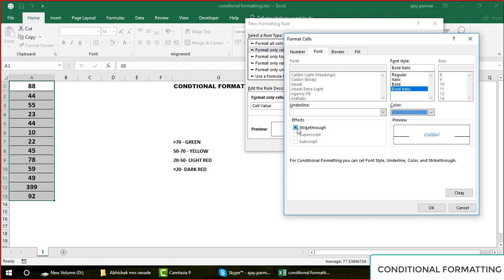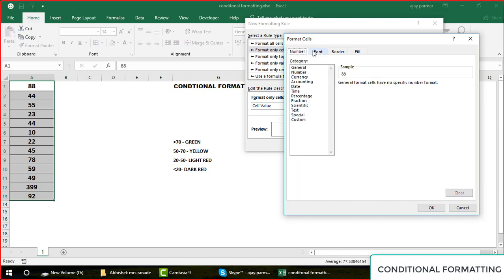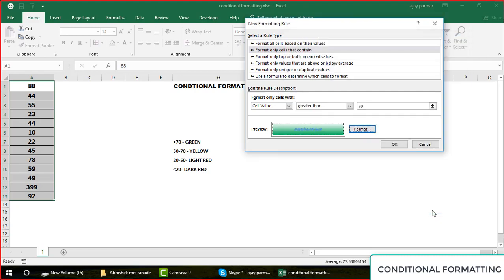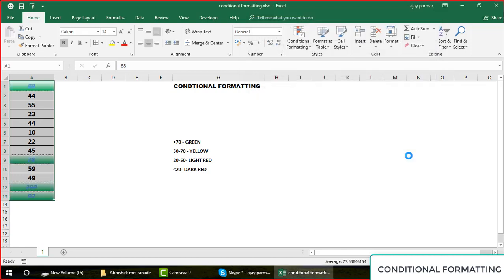You can also make that strike through, this strike through. So this is how the entire thing will work. Okay, I click on OK. Before you click OK, you have the number tab also. We will not touch Number at all, let's keep that as it is. I click OK, guys. Now that's how your preview looks. Can you see the border coming, the cell color coming with the strike through, and this green color also coming? So you just have to press OK. Click OK, and you can see your conditional formatting is applied.